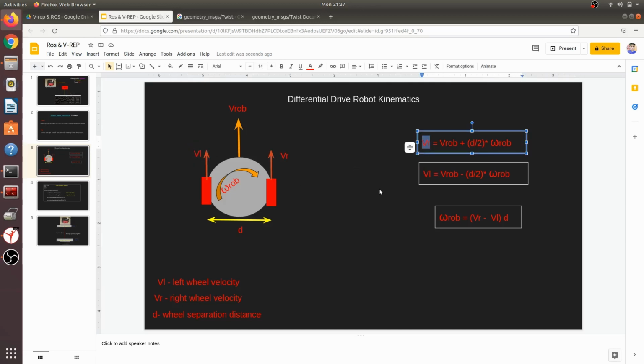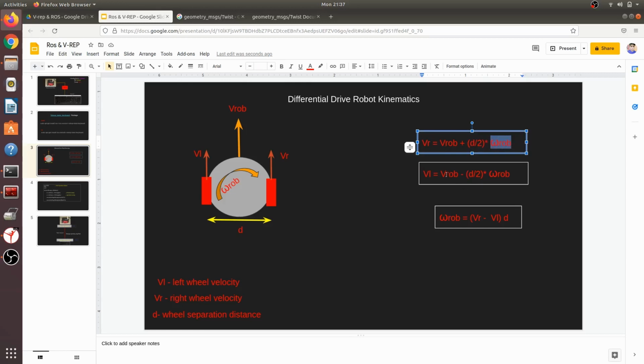There is a formula for this. For the right wheel, it is the linear velocity plus d by 2 times the angular velocity. What is d? d is the separation distance between the two wheels, from the center of one wheel to the center of the other. So this is the wheel separation distance by 2 into the robot angular velocity.